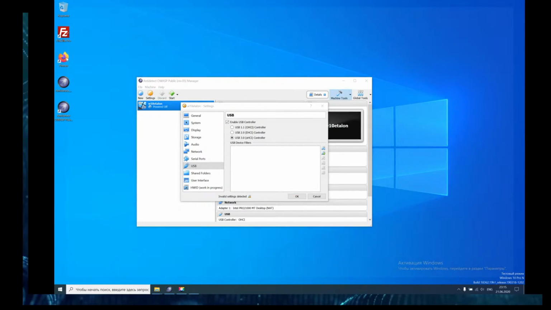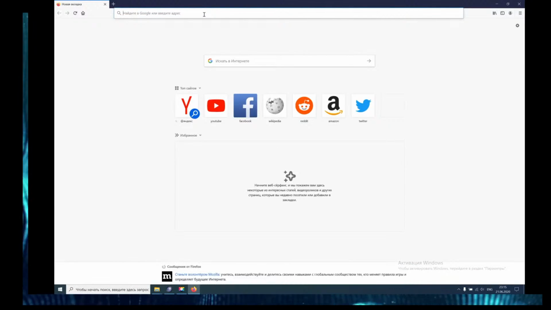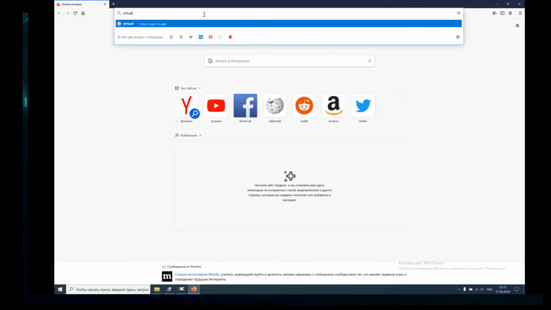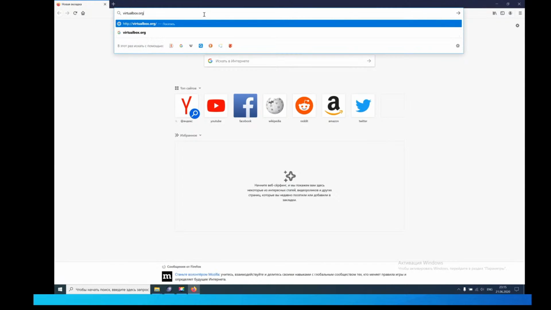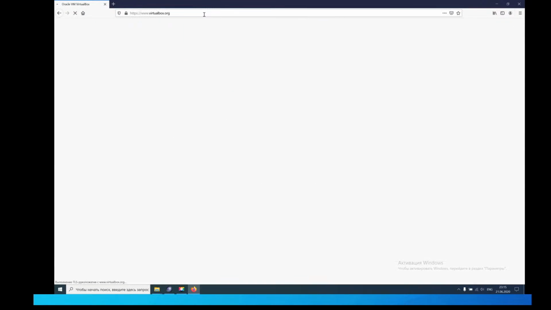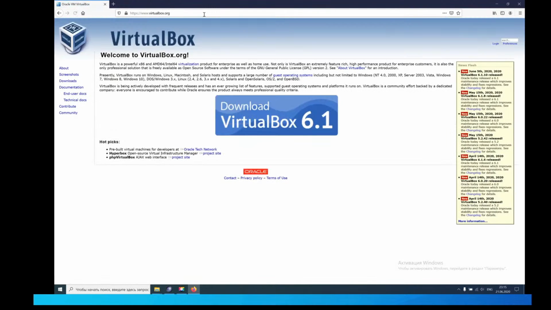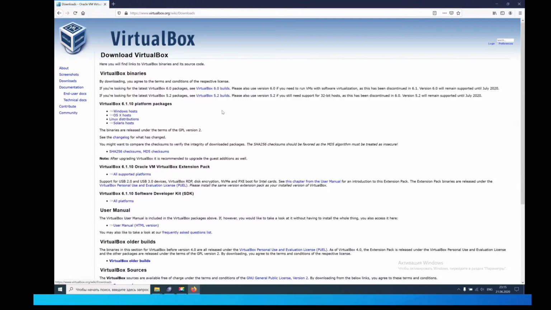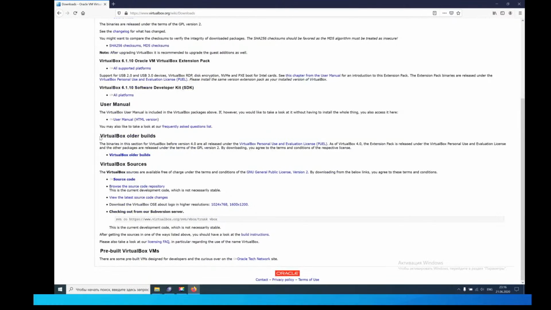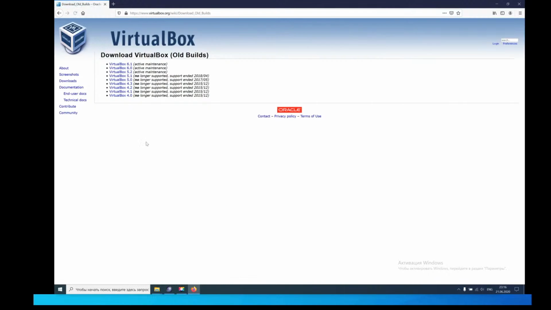So we will just go to the browser, and after that we will go to virtualbox.org. It's the official site of VirtualBox. My anti-detect is VirtualBox based, so we can use some tricks and tips from VirtualBox. After that we will go to the Downloads tab, and we will need to find VirtualBox older builds, and simply click on this link. After that we need to select VirtualBox